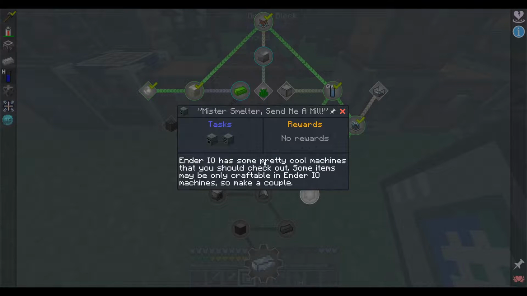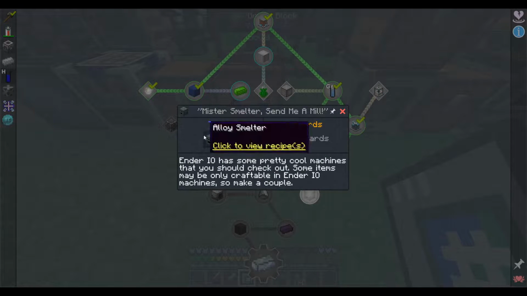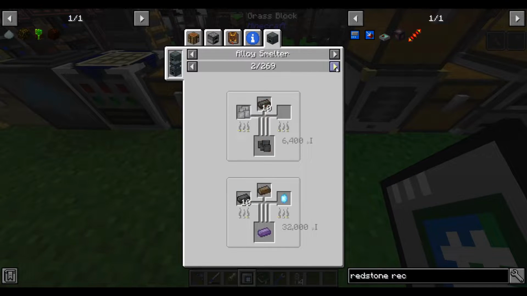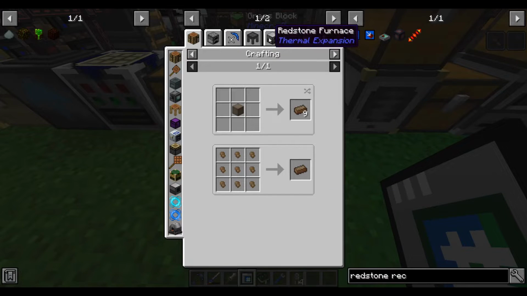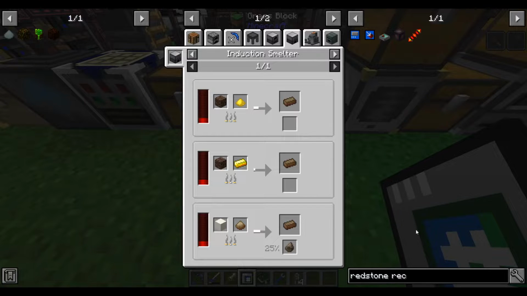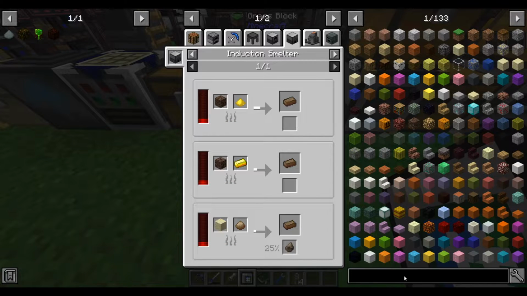Next up, alloy smelter and sag mill. Finally. I love these machines. The alloy smelter can do everything a furnace can do, but in addition, it can make a lot of alloys. And there's a bunch of alloys that are just unique to the alloy smelter that cannot be made in the induction smelter. So like some, solarium can be made in either machine, but if we look at